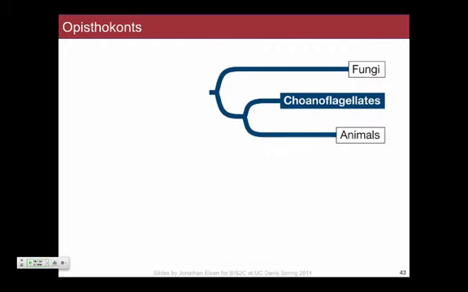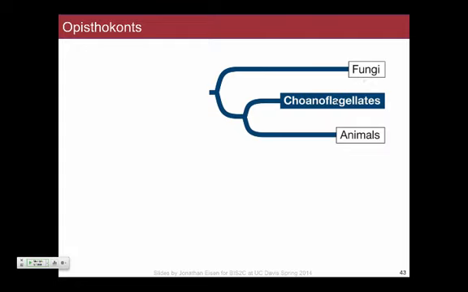And then the last group, I'm just going to talk about the Dinoflagellates quickly. The last group is known as the Opisthokonts, and it includes the fungi, the Dinoflagellates, and animals. This grouping of these three taxa is important for many reasons. It means that studies of fungi can be used. They're not very closely related to animals, but fungi have more synapomorphies, more traits that they share in common with animals than animals do with many other single-celled eukaryotes. So it makes studies of fungi a little bit more relevant for understanding animal biology than, say, studies of